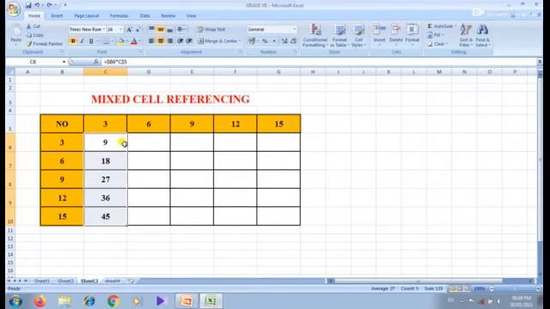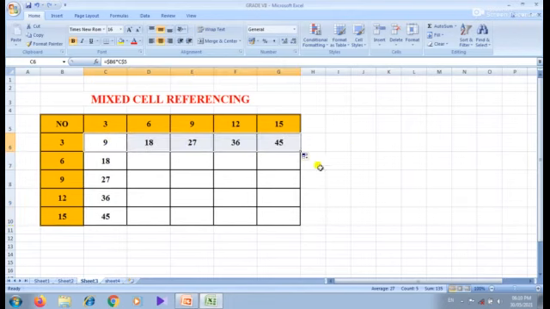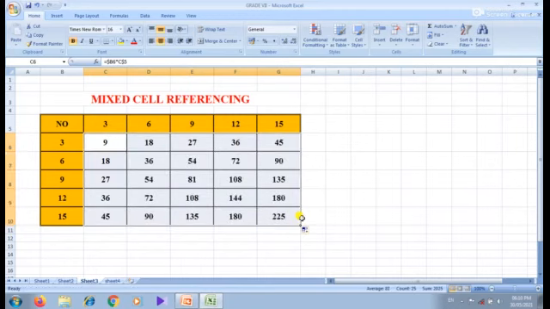See. So, 3 3s are 9, 3 6s are 18, 3 9s are 27, 3 12s are 36, 3 15s are 45. When you copy this formula to all the cells, we get the correct value for this multiplication.